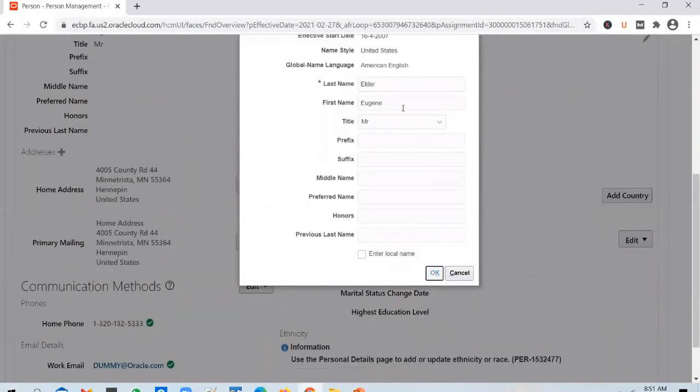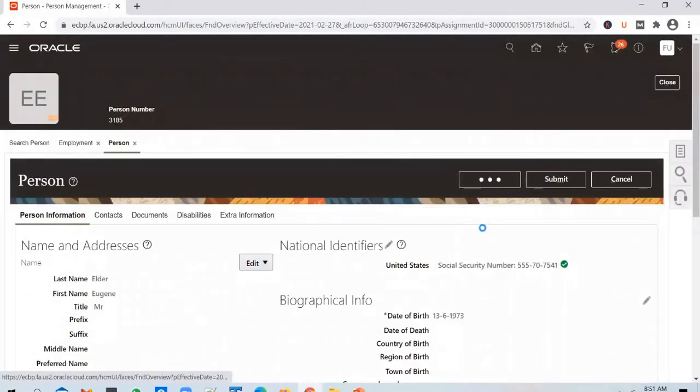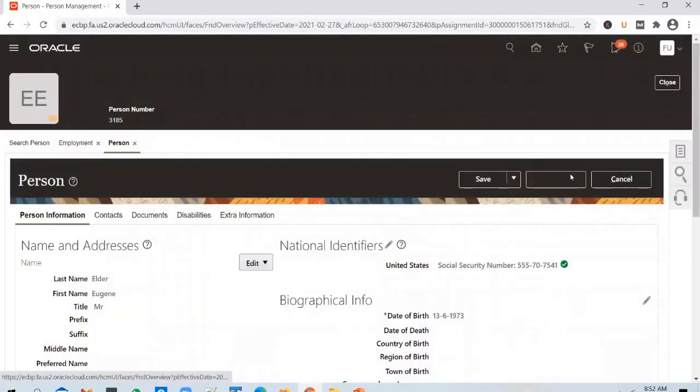I'm just updating the first name. I'm taking out the test keyword in there, and I want to save the record. So all we're doing is updating one of the employee names, so that we will see if this employee gets picked up in the next incremental run or not.